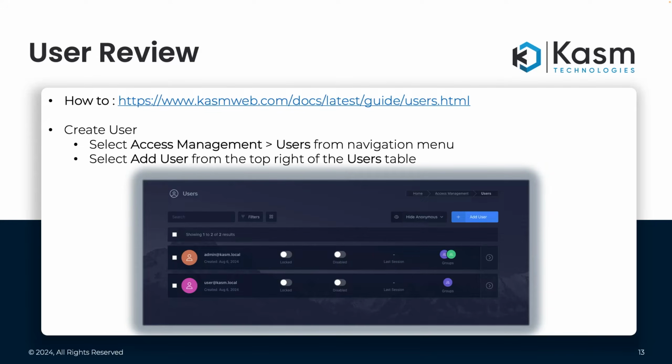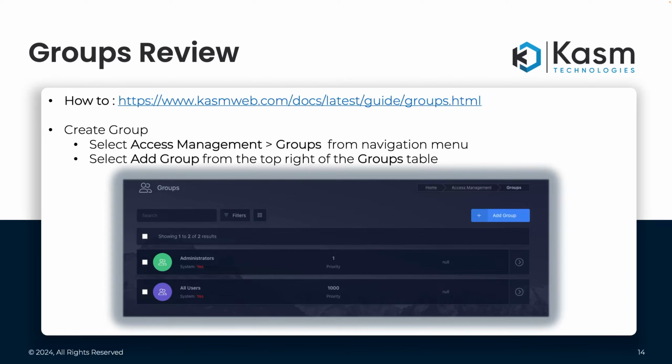Two accounts, again, were created by default, your admin and the user account. So in addition to the best practice of resetting your default admin password after first login, if you have no plans to actually use the default user account that was built, then for better security posture, you should consider deleting it. Groups are used to define roles for specific sets of users in Chasm Workspace.